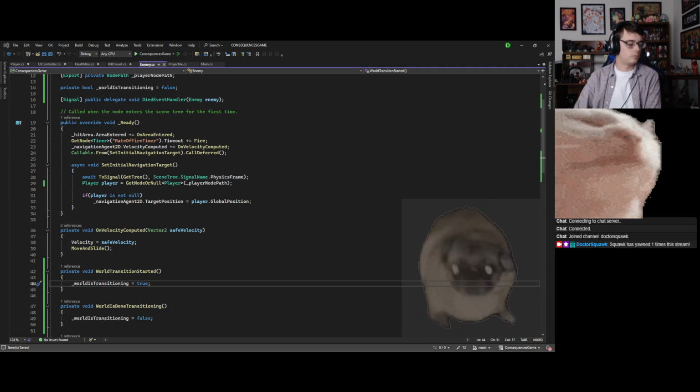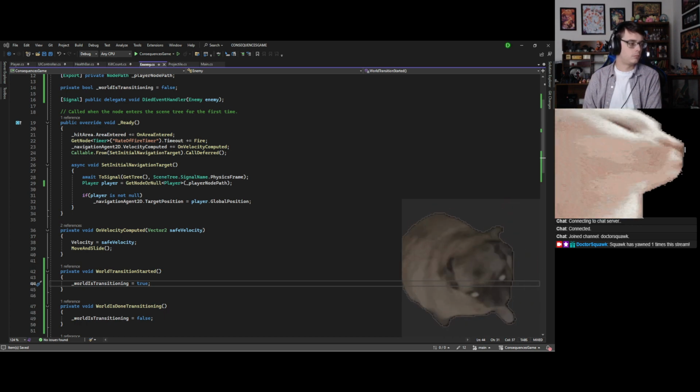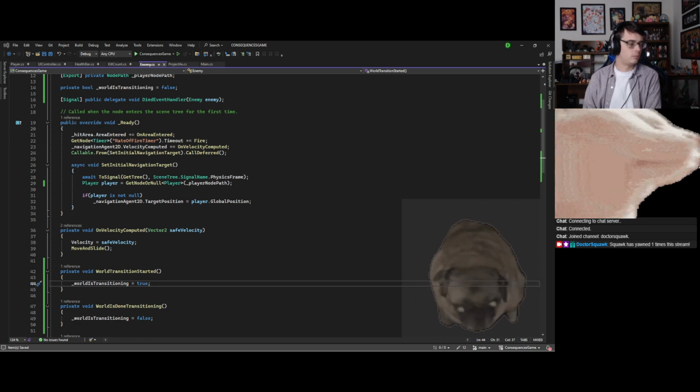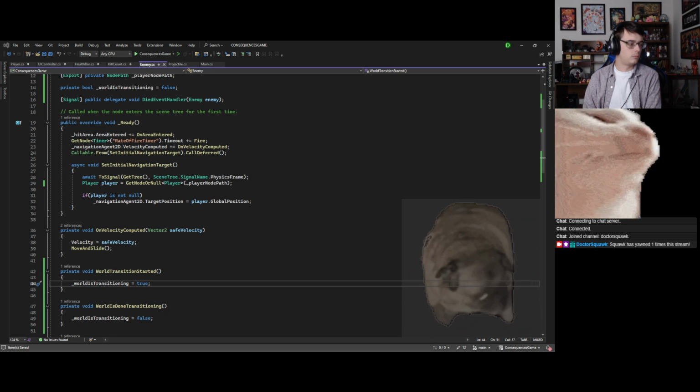Text. The font, I think is, you have to change it in the theme.